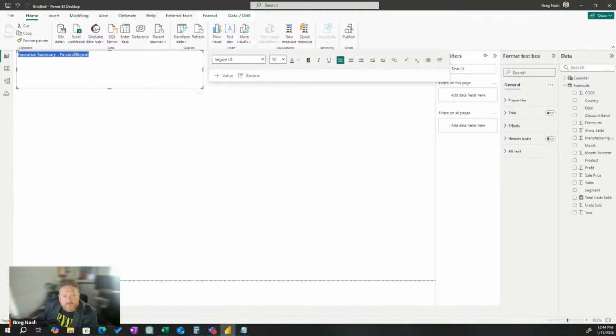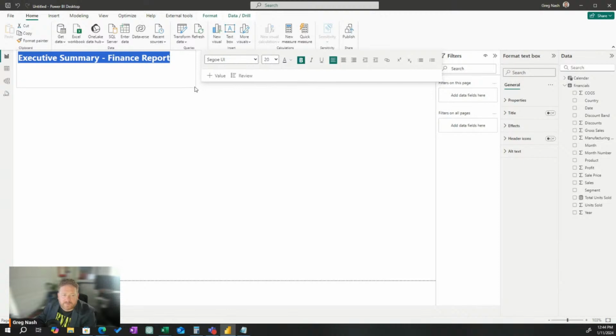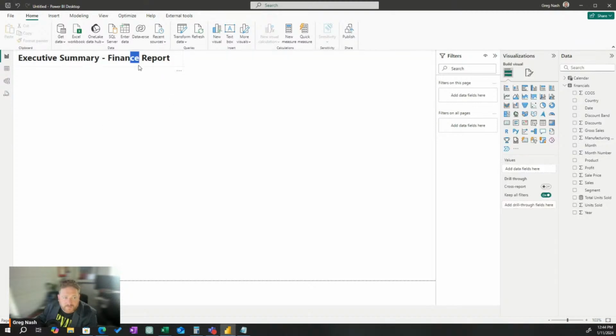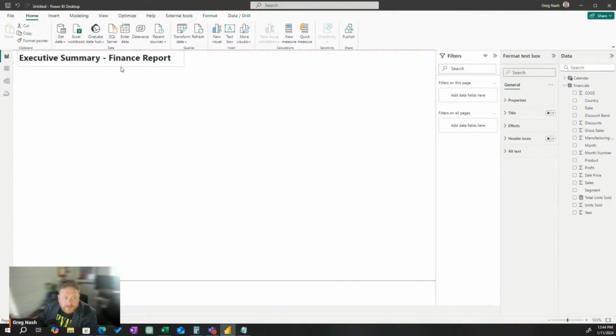And then we want to select all the text. And we want to change the font size to 20, which makes it nice and big. And we want to bold it because it's a title. And we want it to be annoying and distract us from the real data, because that's the point of this. Okay. And we want to resize it so it all fits on one line. So don't have it like this. You got to make it like, there we go. Okay. Was that it? That's literally it. That's our report title. We did it.